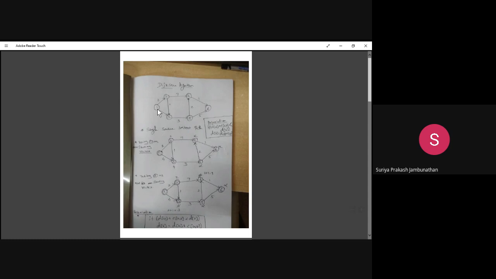It's a directed graph, so it's having some directions. From 1 we are moving to 2, then from 1 we are having 3, from 2 we are having 4, from 3 we are having 5. The same way from 4 we are having 6, from 5 we are having 6. So these are the ways we are moving from the source vertex to the end vertex. So we have to consider the direct path. Again, we have some more edges: between 2 and 3, and the same way from 5 to 4.